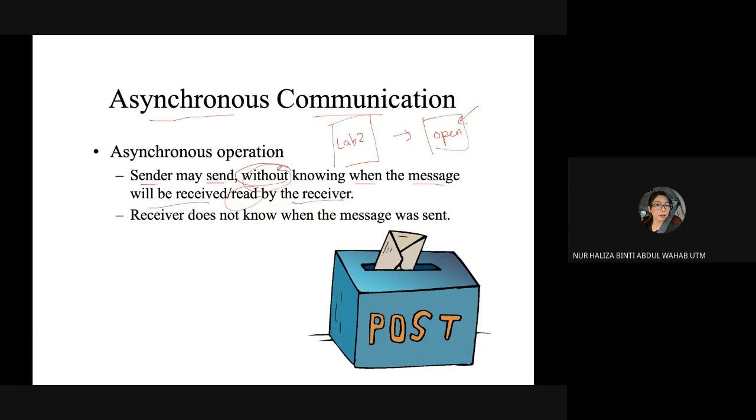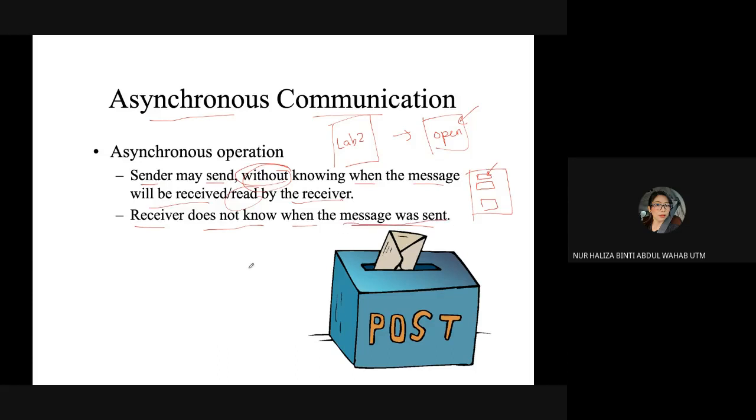So without knowing. The receiver also does not know when the message was sent. You basically don't know the specific time when I send the message. The same goes for your e-learning. I upload the file itself, this file, and you don't know what time I uploaded it.